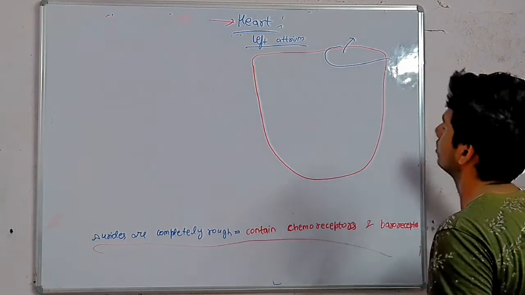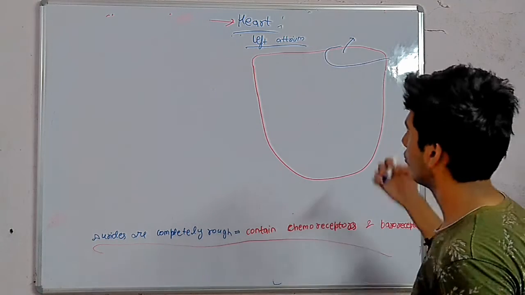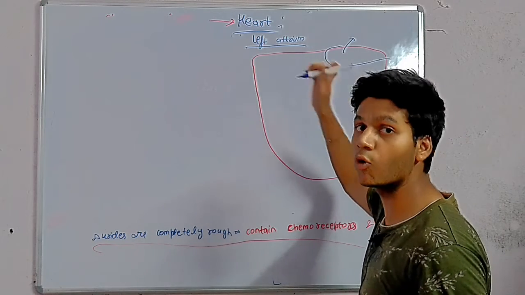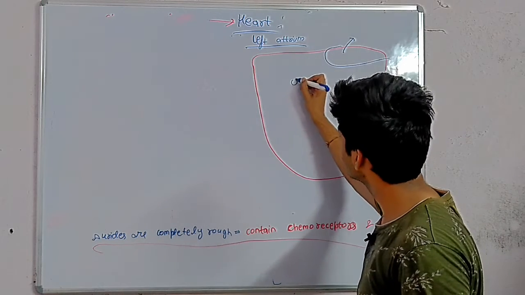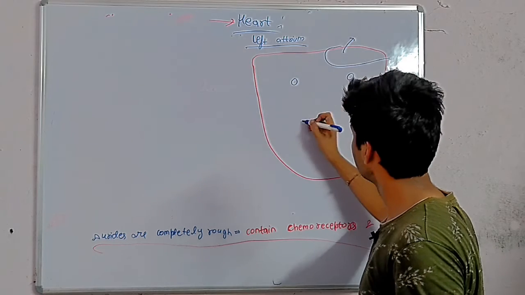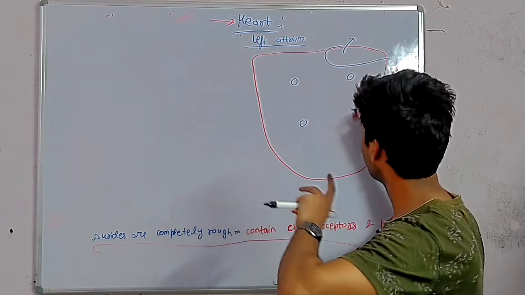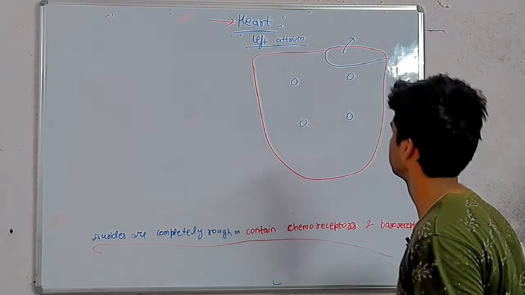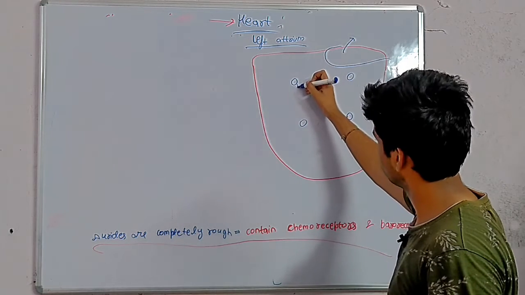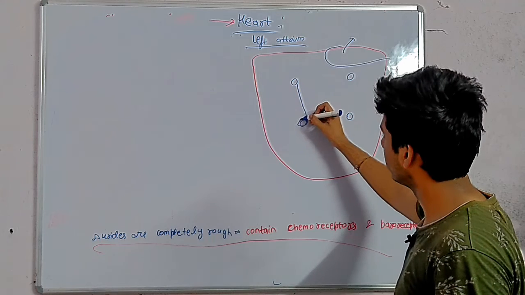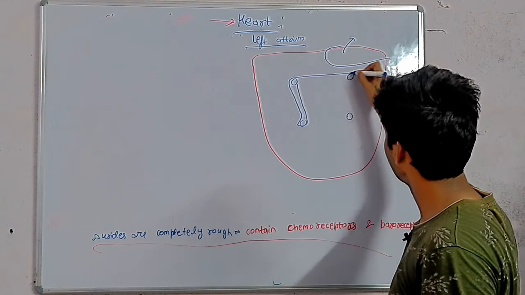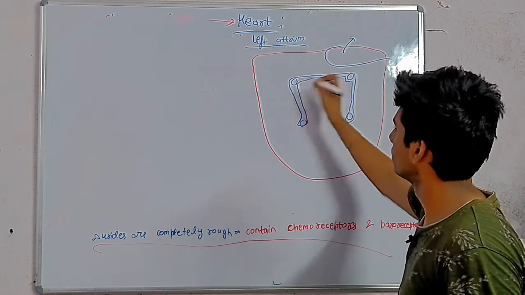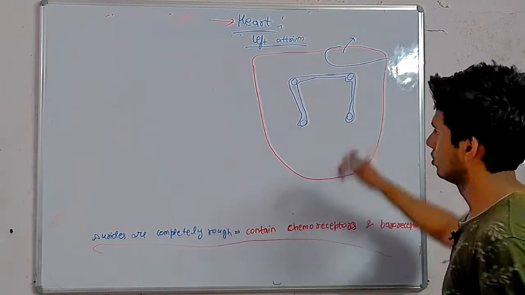Then here we know the left atrium has anterior and posterior surfaces. It has 4 openings, which are the pulmonary veins, 2 from the right and 2 from the left. These are the 4 pulmonary veins. The ligament touches like this, present here.